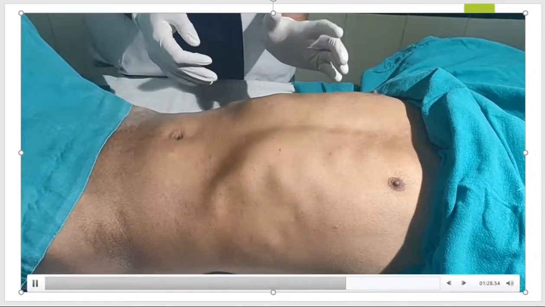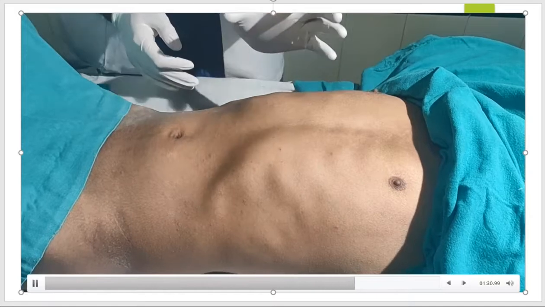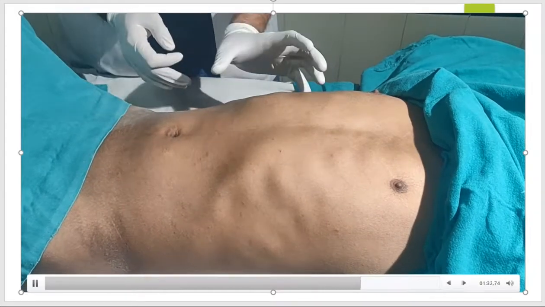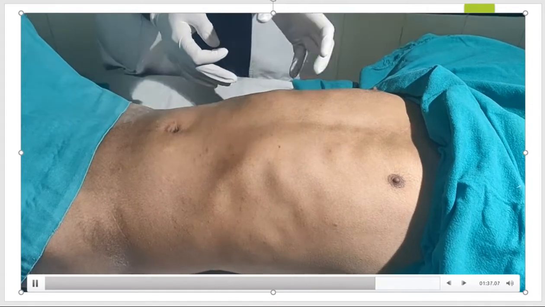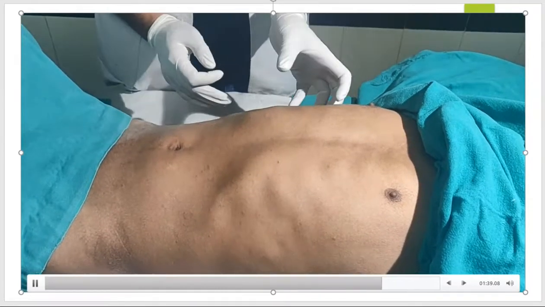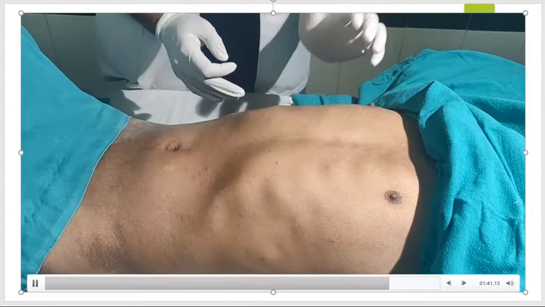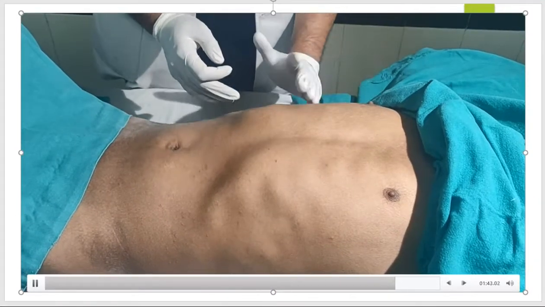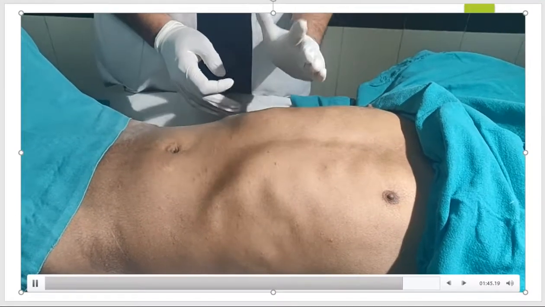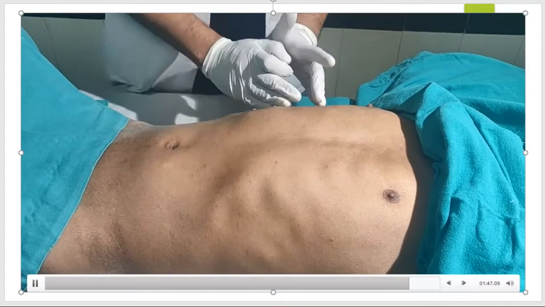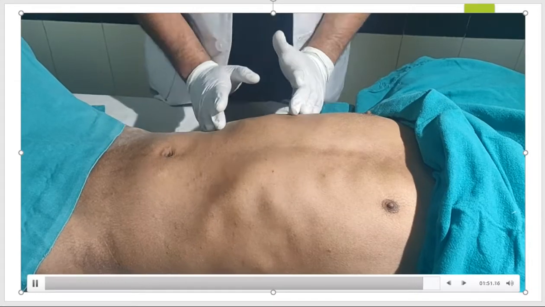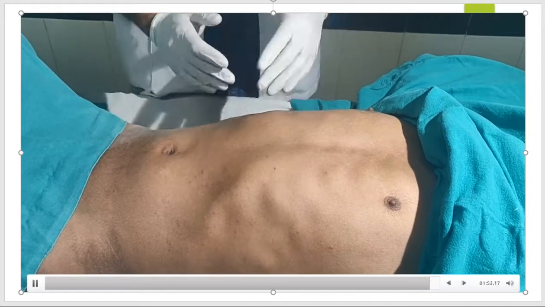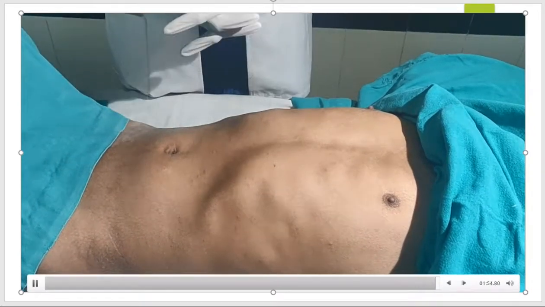Now if the liver is pushed downwards, naturally a span of 7 to 11 centimeters will be present subcostally, and it is a pseudohepatomegaly. But in cases where, like in this case, it is getting palpated and percussed from the sixth intercostal space and it is not present subcostally, that is a true liver span. In the next video, I'll be discussing more about the spleen.